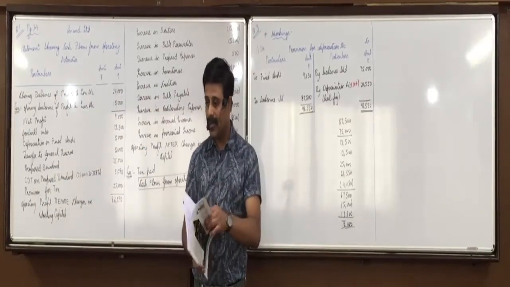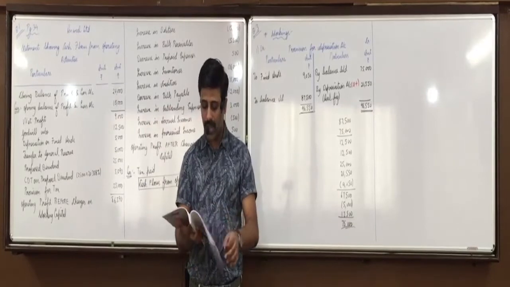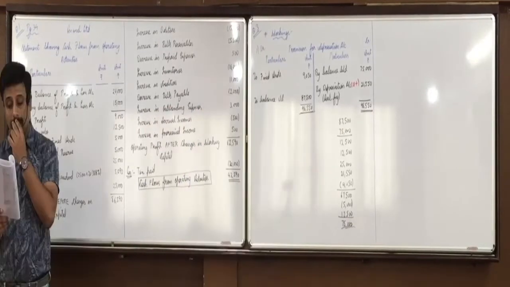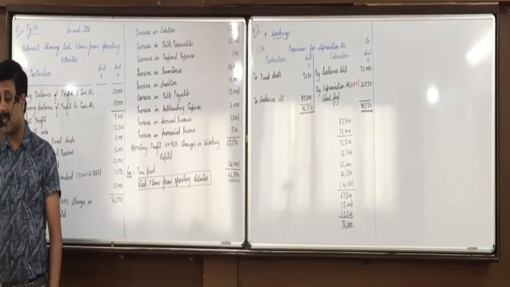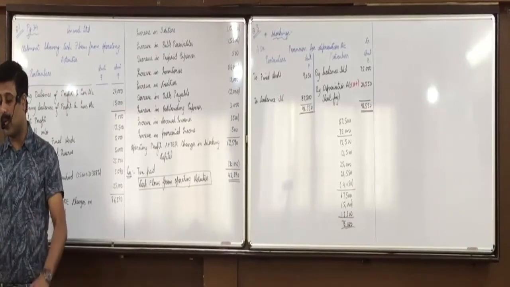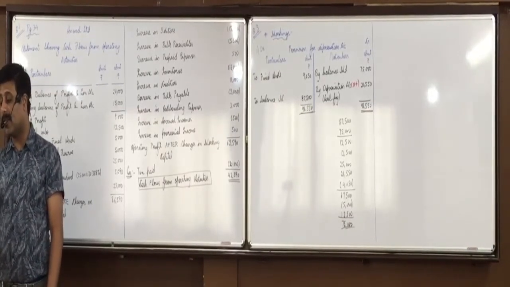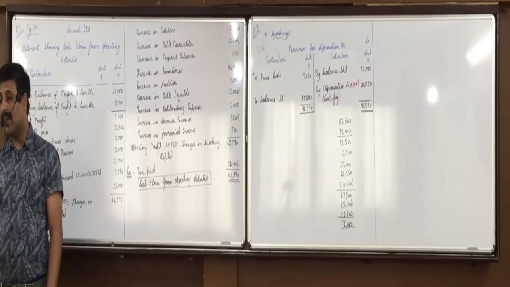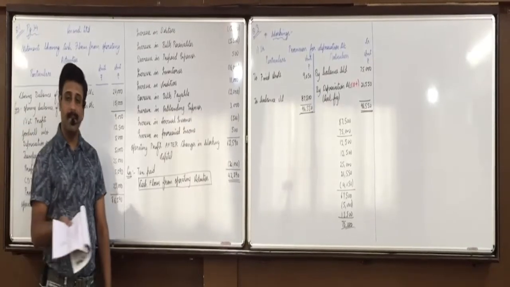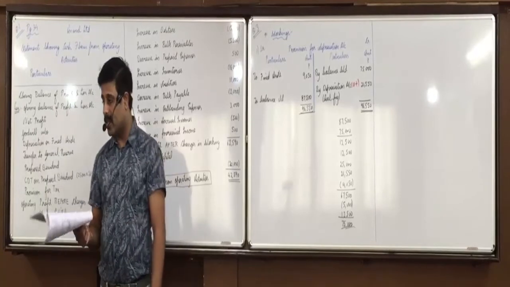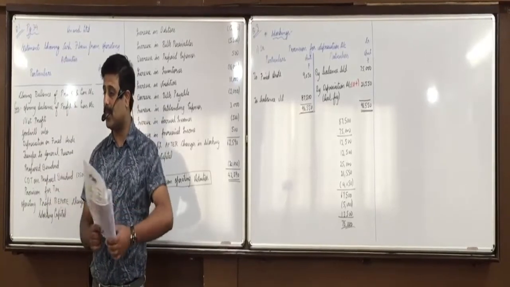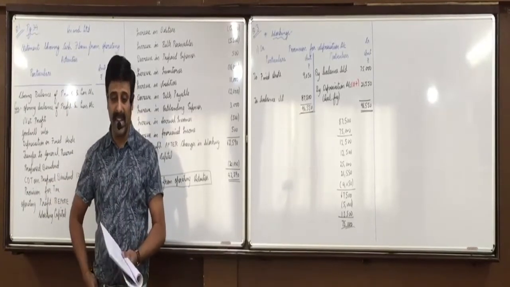Any doubt in this? Further, your homework is question number 11A, page 37. From the following information, calculate cash flows from operating activities. Look at the note below. There was no sale or purchase of fixed assets during the year 12 to 13. Ignore dividend distribution tax. But as I said, now in college they are taking it. So cancel the word ignore and write dividend distribution tax at the rate of 20.38%.